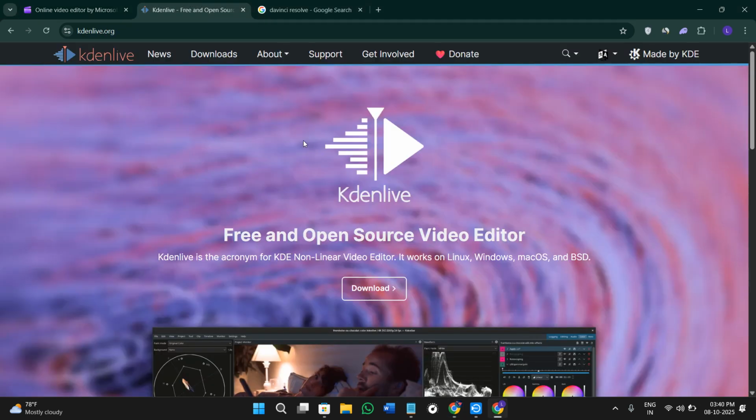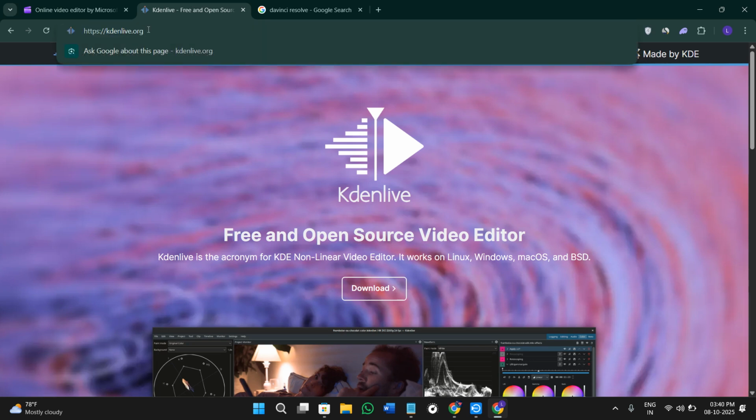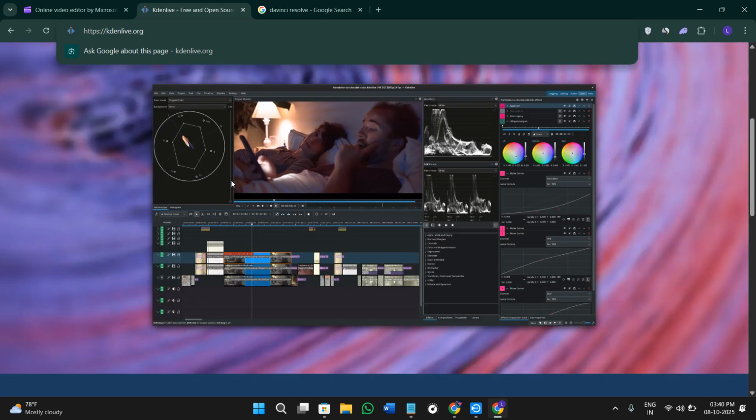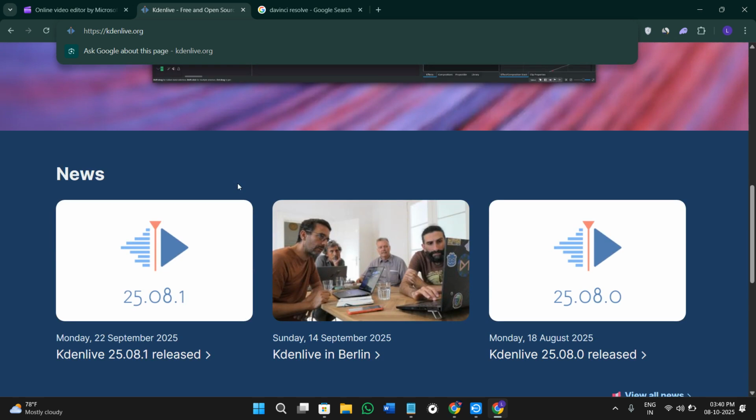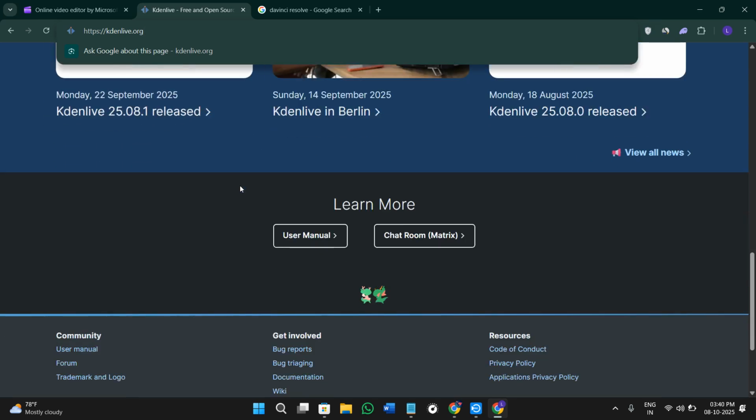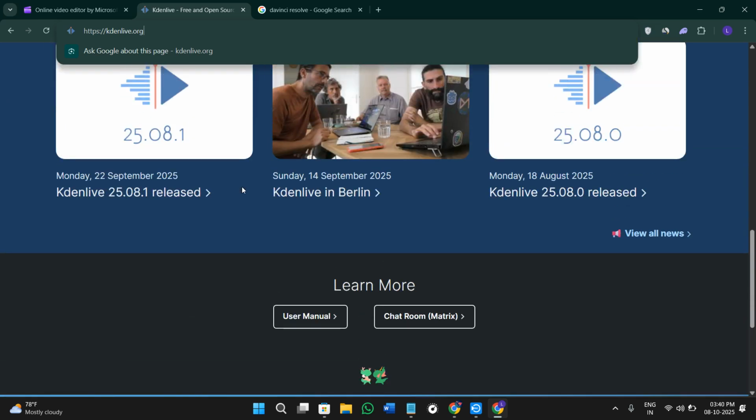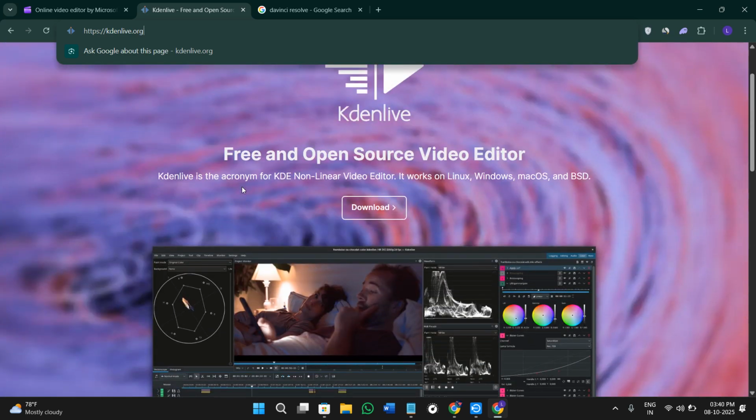The second application in the list is the Kdenlive application. You can find it here on kdenlive.org. So this one is perfect if you want professional control. Kdenlive is open source and it supports multiple tracks, effects, and keyframes, and it also works on both Windows and Linux. It is lightweight and it doesn't add any watermark, so it is ideal for creators who want more